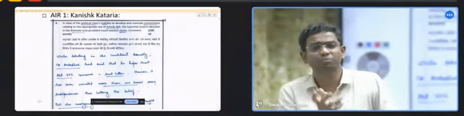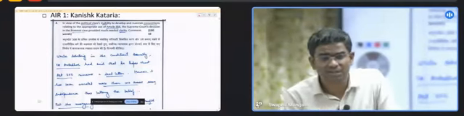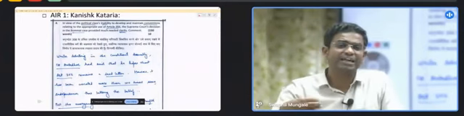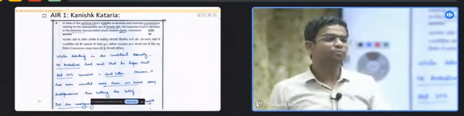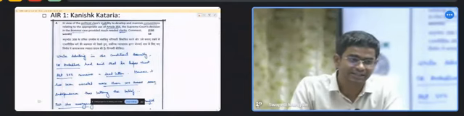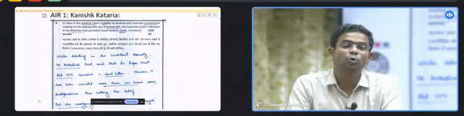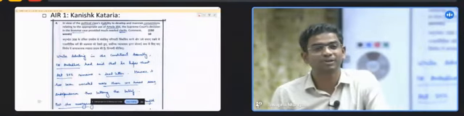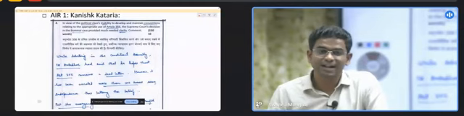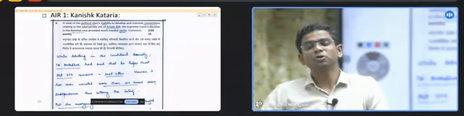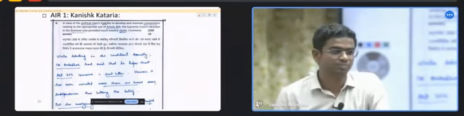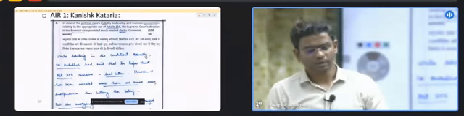We have to try and explain. We have to try and add various examples. We have to try and add various different points of explanation itself. At that time, use paragraph format. That becomes handy. Okay? Or when you don't have a lot of points, but you have to fill up your 2 pages, then paragraph format becomes handy. Okay? Because you can write something which might not make a big sense as such, but it will just fill up the space. Okay? So that is the way to go about it.